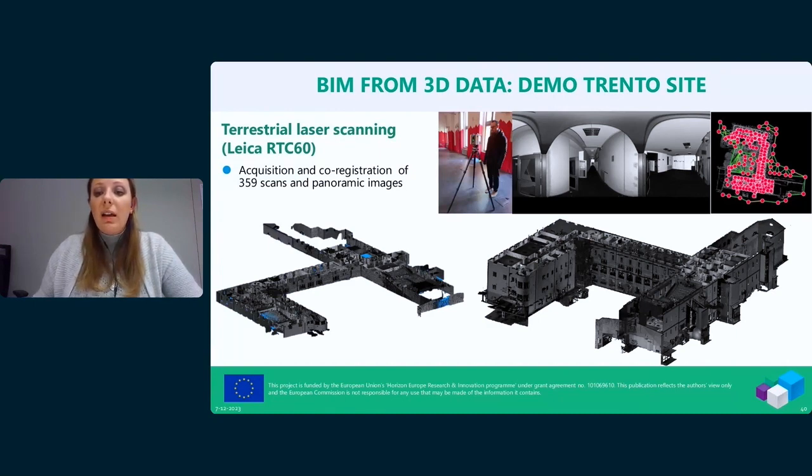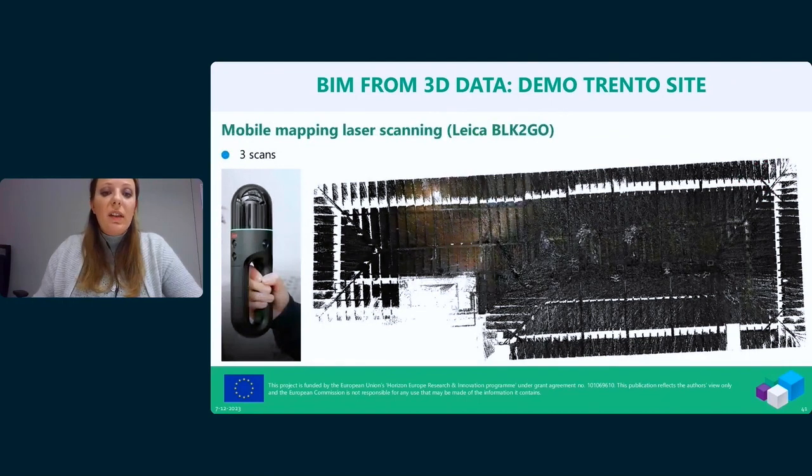And we then integrated this data with data from a handheld laser scanner, so another laser technology. In this case, you can acquire data simply walking through the spaces, through the environments, and we decided on this solution for surveying a more inaccessible part, like this one, that is the under roof of one wing of the